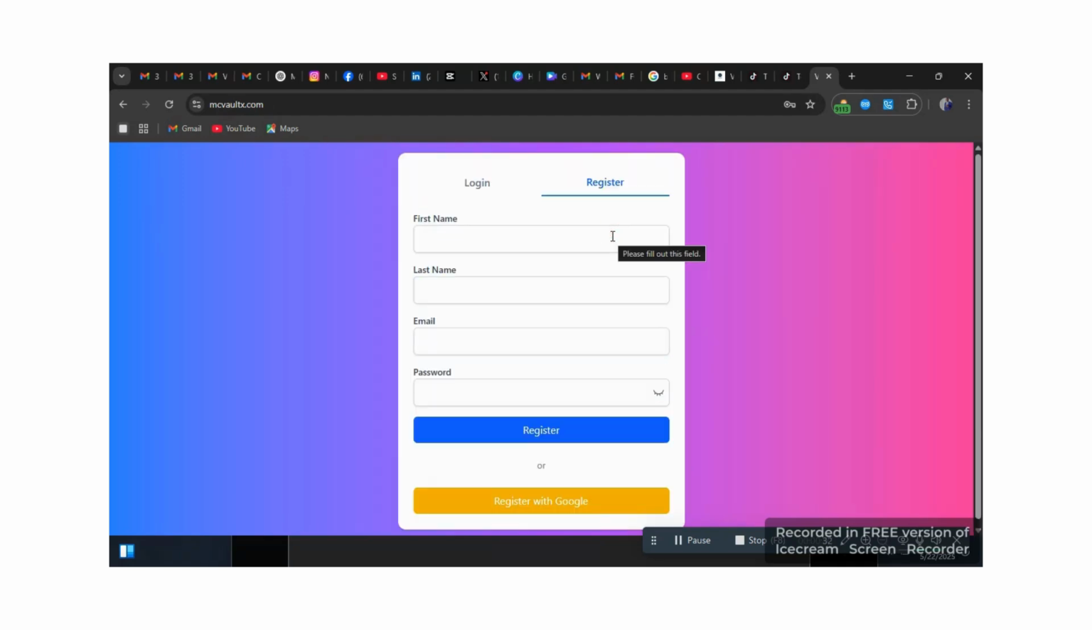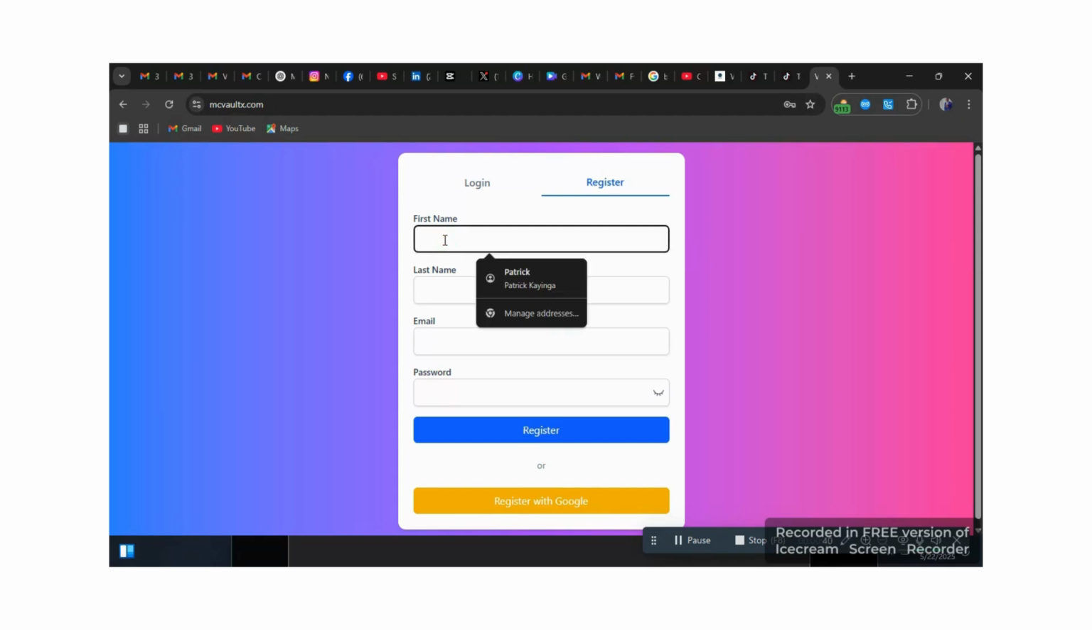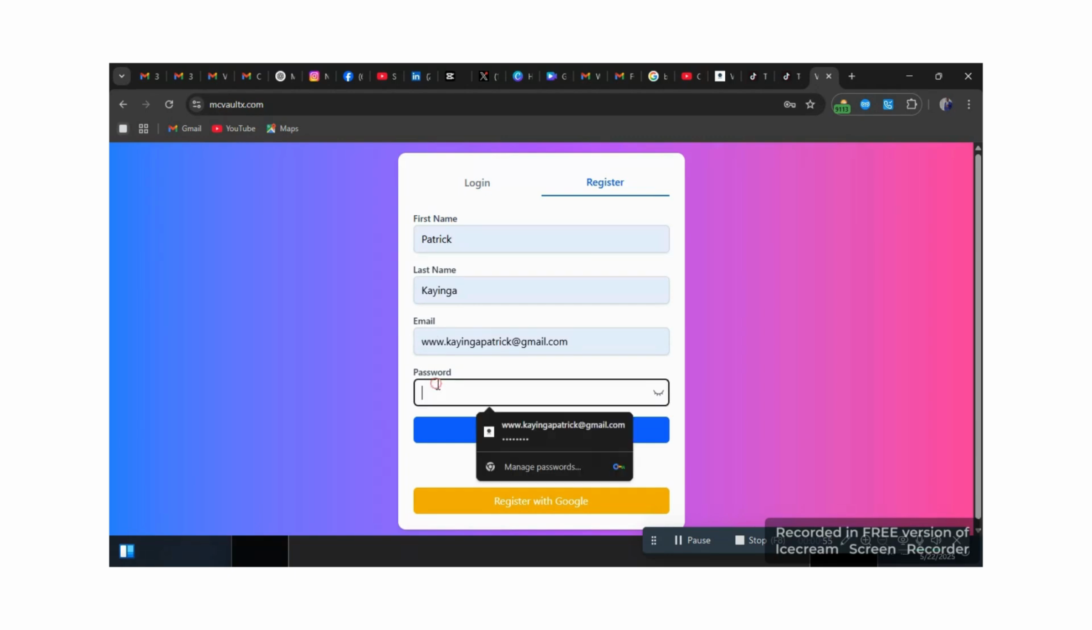On registration, you just come and fill up this form. It's very easy. Just fill in your first name, last name, email address, and then password. Let me just use my name for this case study. My name is Patrick, therefore I'm going to fill in my name. I'm going to fill in my last name, which is Kainga, my email address, kaingapatrick@gmail.com,